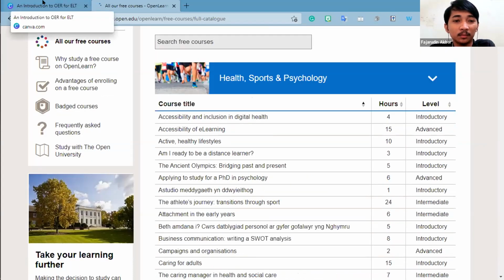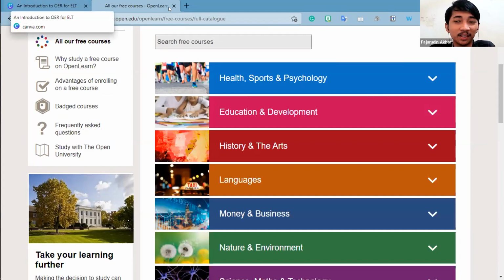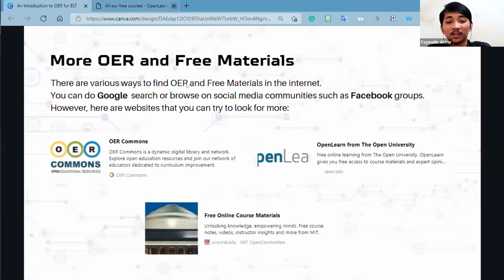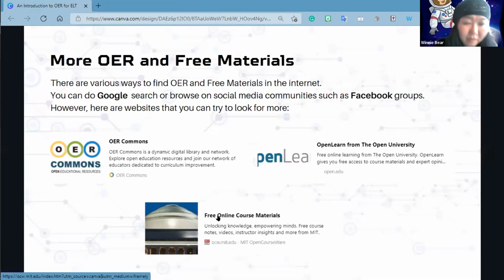So let's try to access this, because I'm trying to share things. I'm not paid, all right? I'm not paid by the Open University, unfortunately. So we're trying our best to open education for educators, to show that teachers and students are the core of education, not really the materials, because materials are everywhere now. And the other one